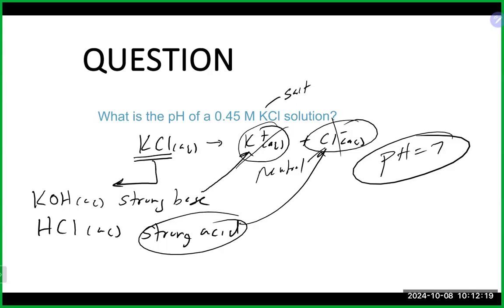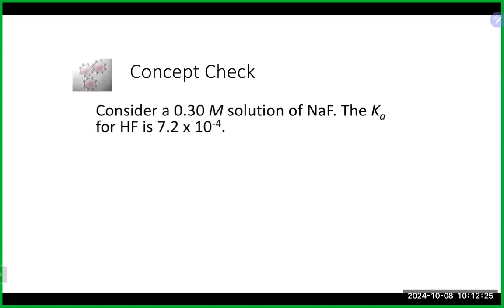Any questions on that there? All right, so now that we saw one that's neutral, let's do one that does involve a calculation. So why don't you give this one a go? Consider 0.3 molar sodium fluoride. The Ka value for hydrofluoric acid is 7.2 times 10 to the